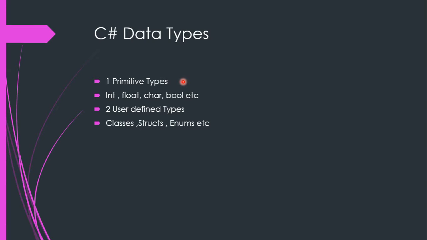It is the built-in data type that is provided by the .NET framework as part of it. There are a lot of things to say about primitive data types, but we have to understand the basic idea behind them. As we know, an atom is the smallest particle in matter,